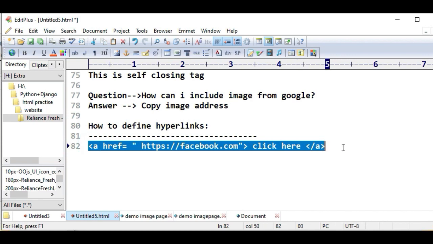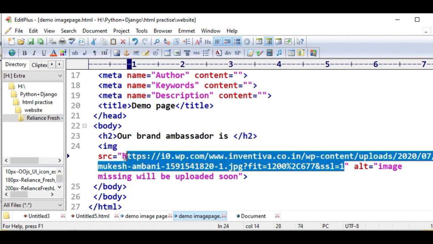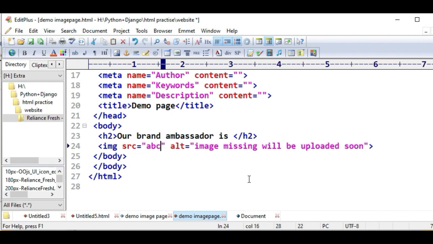Control insert, you can again take it abc dot jpg. Okay, is it executing or not? Yes, it's working.